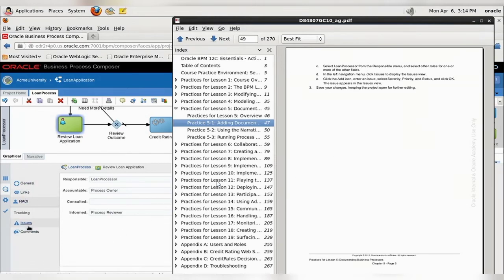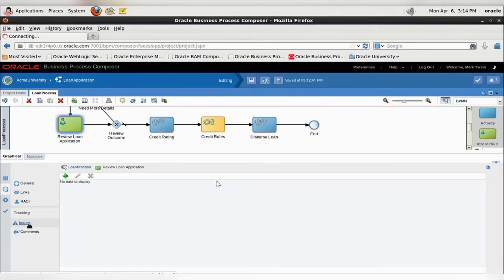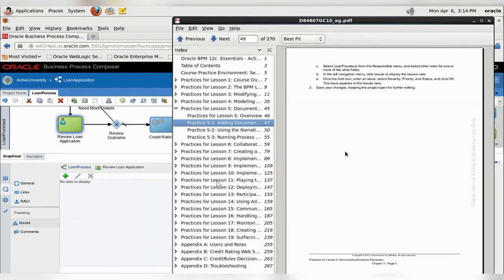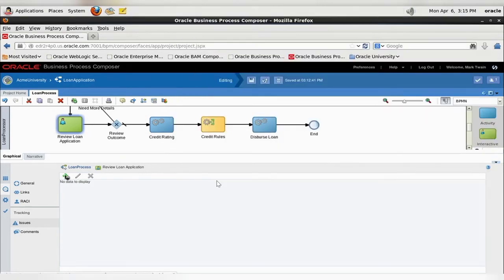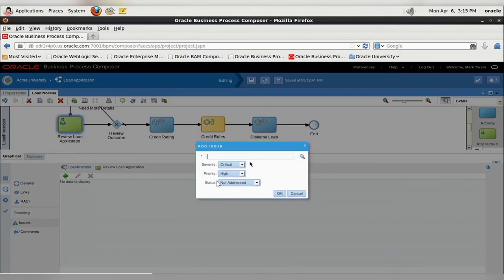And of course, finally, it says here in the left navigation menu, click issues to display the issue view. So this is something a little different. If I click on issues, now it allows me to provide a different form of documentation. Notice what it says next. It says enter an issue, select severity, priority, and status, and click OK. And notice, we simply do that by clicking on the little icon right here. So we say, okay, this is going to be my new issue,